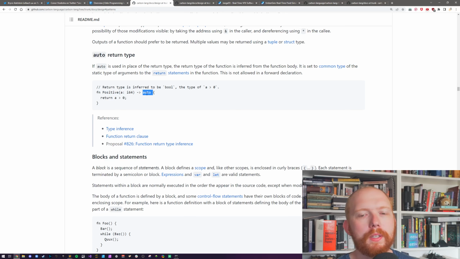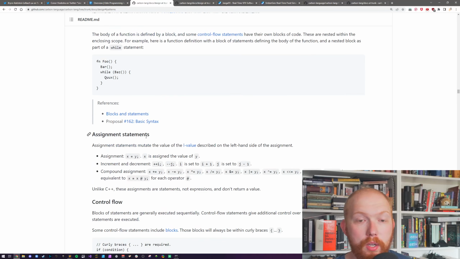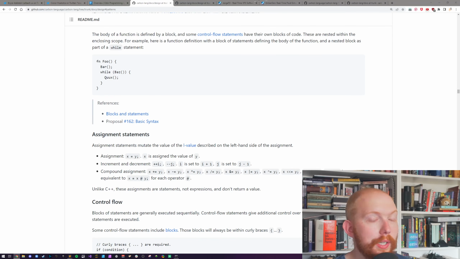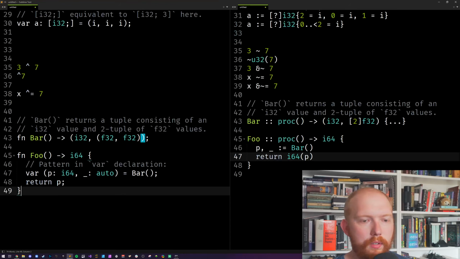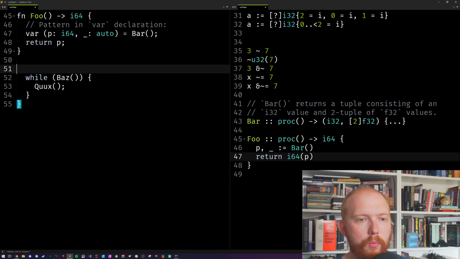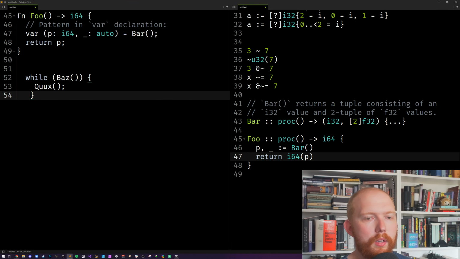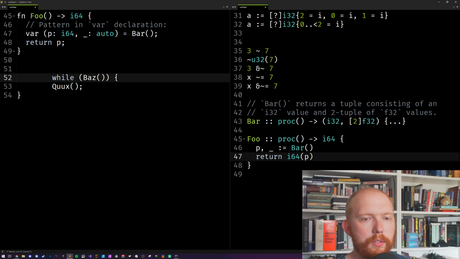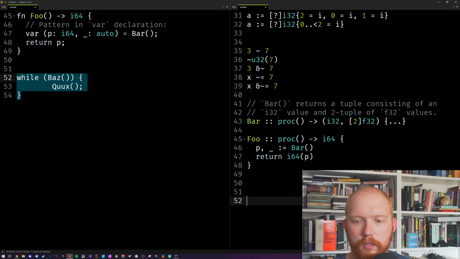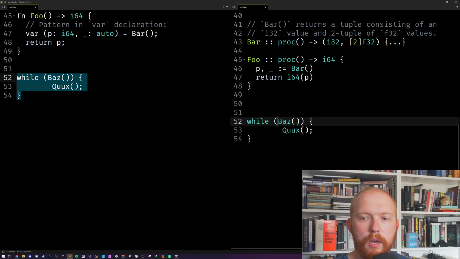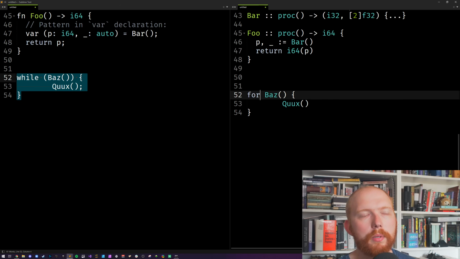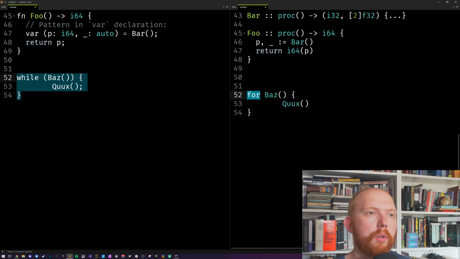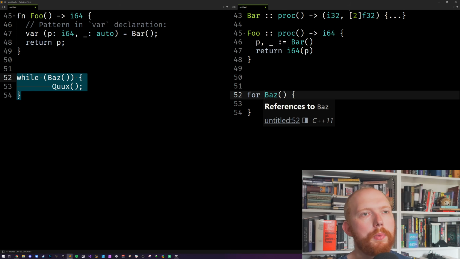But I'm not sure that's necessarily a good idea. Block statement's fine. There's no difference with Odin. The only difference in Odin is if I write this, so just copy and paste this while loop. One benefit about Odin is that you can get rid of the braces, and a while loop in Odin is called a for loop. So Odin takes kind of a similar approach to Go in this case, where it only has one loop, which is the for loop. And that's done on purpose, mainly because I only wanted one for loop construct.